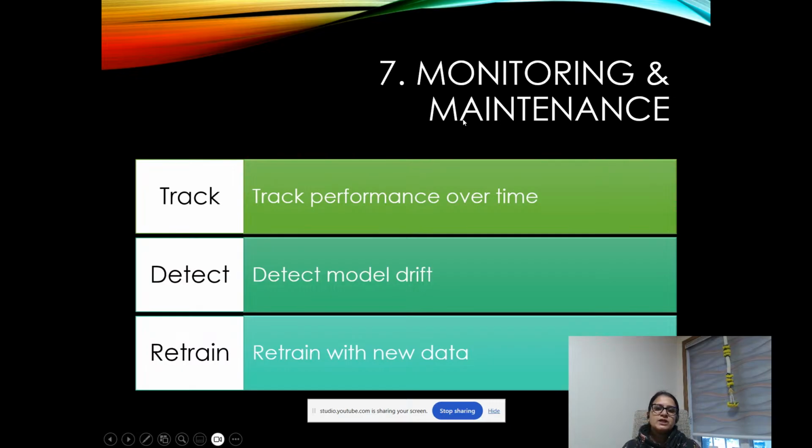and then this is the monitoring and maintenance. Now, your duty is not done. Once you deploy the model, being a good data scientist, it is your duty to track it, detect it, and retrain it, and see how it is working. Definitely, right? If you are buying something from the market, the customers keep on calling you, right? How was our service, something like that. This is the same with it. Okay,